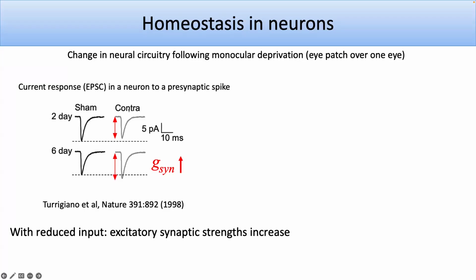And what happens is if the inputs are reduced, then the neuron responds so that it scales up the channels, the input channels or the input conductance. So that means for any spike on a presynaptic cell, any spike arriving at that neuron, you're going to get more current coming to the neuron than you would otherwise. So this is homeostatic. You reduce the inputs, and it's kind of like turning up the gain on the amplifier coming in. Each input now is going to give it more current.